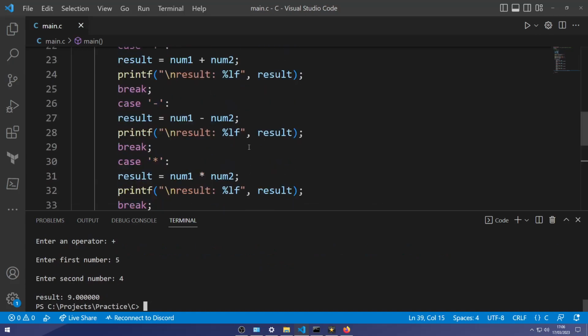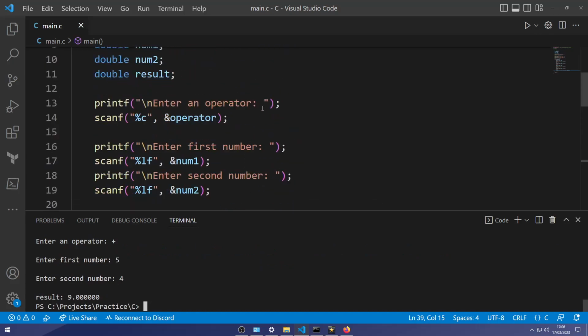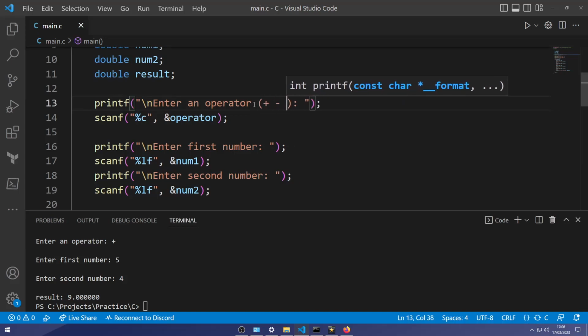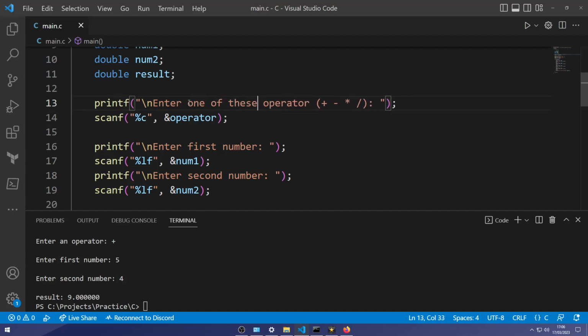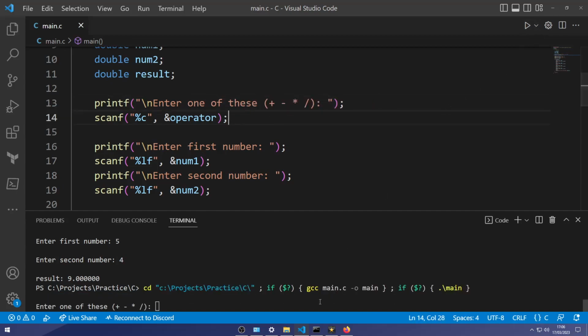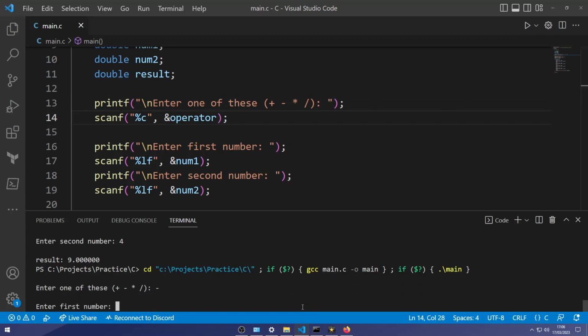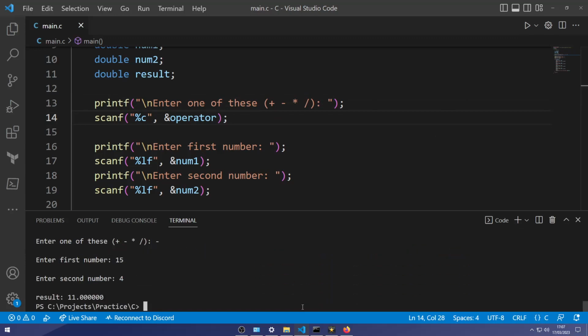Looks good. Now we can be a little bit more specific of what the user can enter. Enter one of these. All right. Subtract, 15 take away 4.